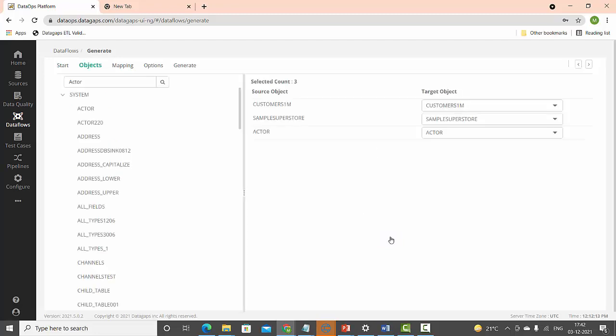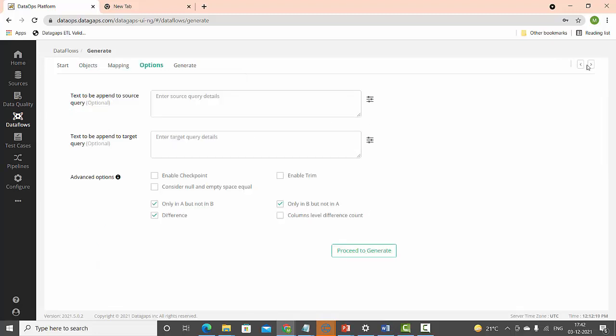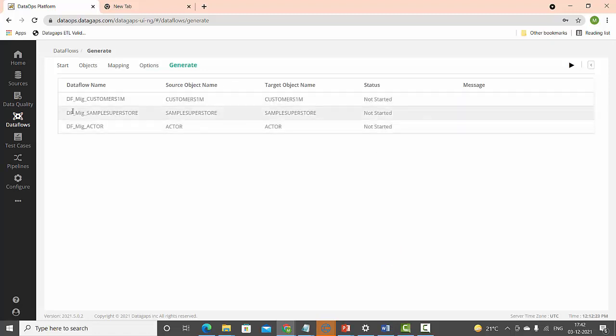Now once I click on next, these are the objects. I'm going to the last step, the mapping step, and then options, and then once you click on proceed to generate, your data flow name will be df underscore mig underscore customers 1m. Now once I click on generate data flow, it automatically generates these data flows for you.